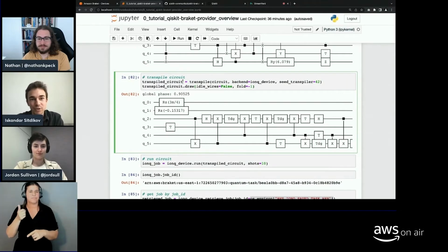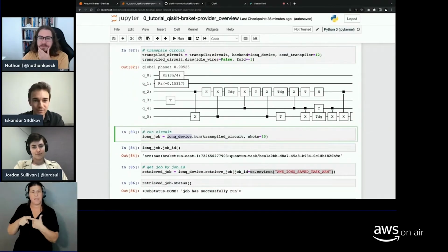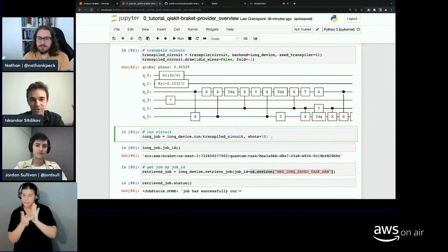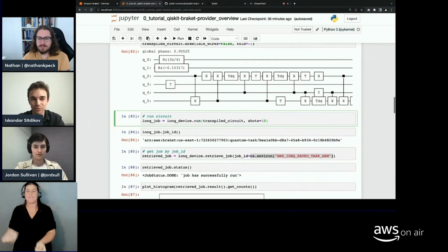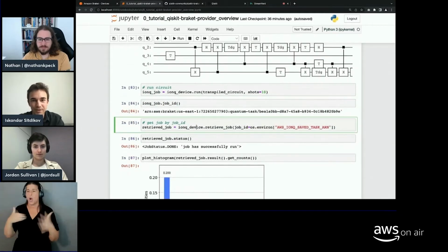So once you have the circuit, you can just call the method run. You have the device, you execute the method run, you pass the transpiled circuit, and specify the number of shots that you want to do on this device. So you get the job ID back. You can retrieve this job or just wait until it's finished.